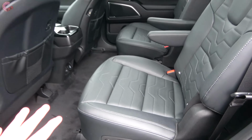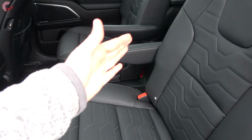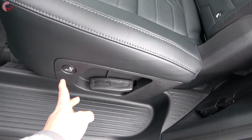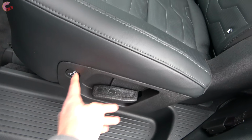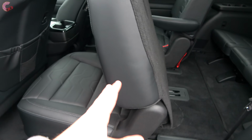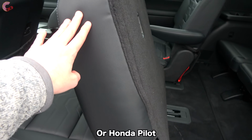Now to get into the third row of the Telluride, of course you can just walk in between on this captain's chairs model, but Kia has made it even easier. So all you have to do is locate this little button, push it, and it will electrically fold the seat and slide it forward. The only other car I've seen like this is the Acura MDX,